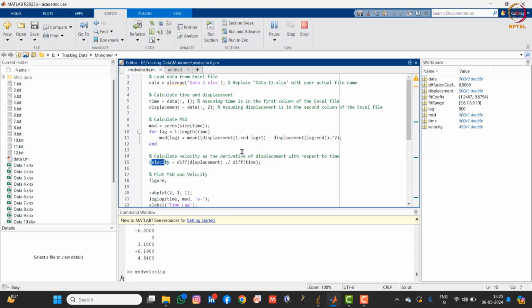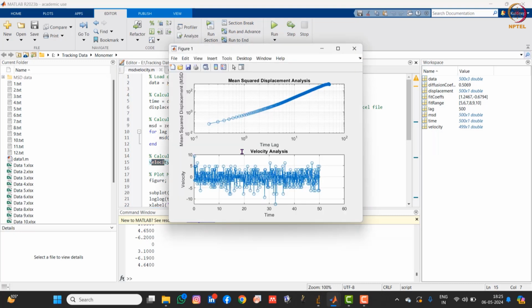You can see this program is now running. This is the MSD diagram showing linear motion. As I showed you in the video, the particle shows linear motion, so MSD also comes out linear. And this is the velocity, which is around the mean values of the displacement.